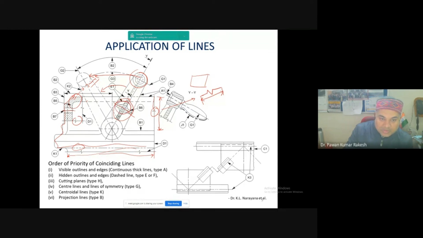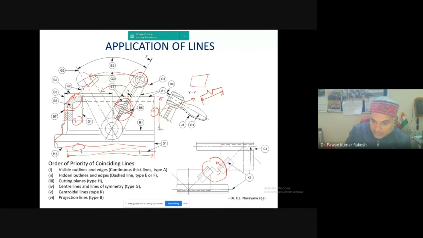So sometimes we need to distinguish the internal part of the object with the help of this cutting line, this cutting plane, right? And then you need to visualize the object. So these are the types of line you can use. Here also you can see the distinguishing of this cutting plane. The exact location is this, but they cut it and they are trying to show it in